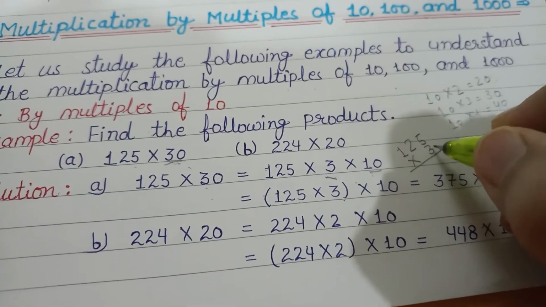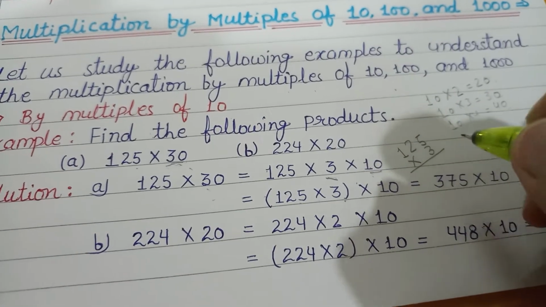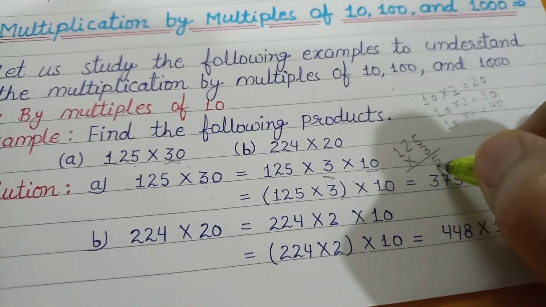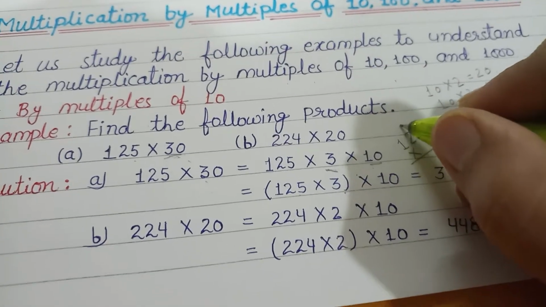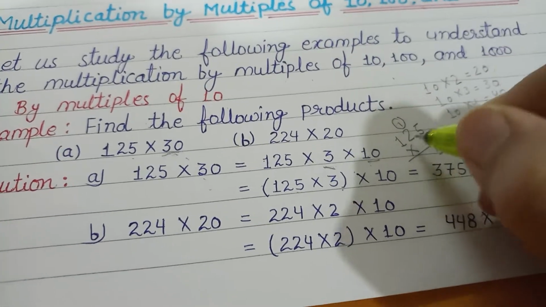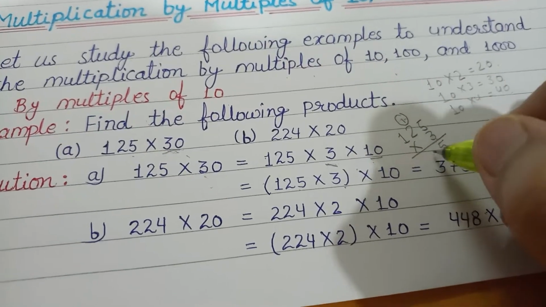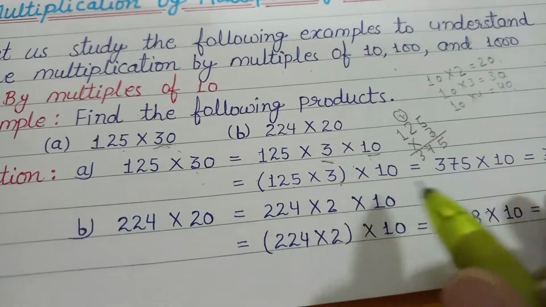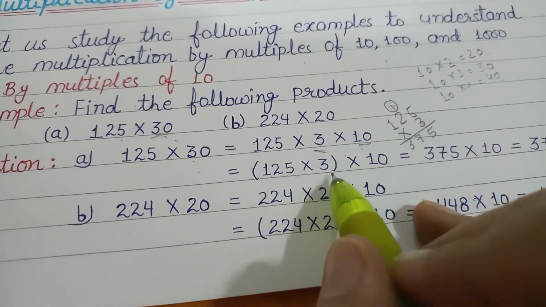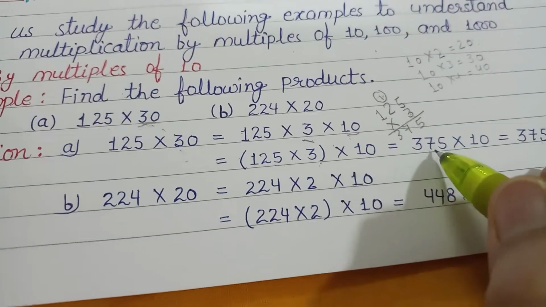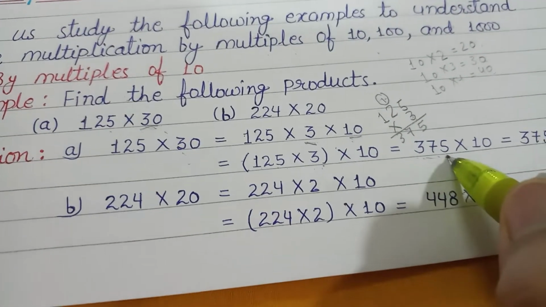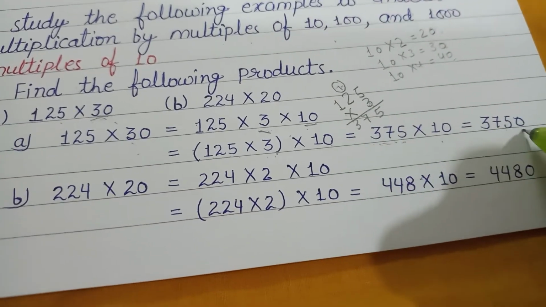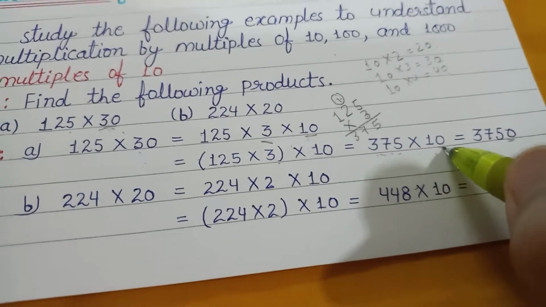When we do multiplication, we start with the ones first. So 3 5s are 15. We have 2 digits. So 5 we will write here and 1 carry over. Now 3 multiplied by 2. 3 2s are 6 plus 1 is 7. And 3 1s are 3. So what comes? First 125 multiplied by 3 is 375. Now we have to multiply by 10. So we will do it directly. We will just put a 0 because in 10 we have a 0.